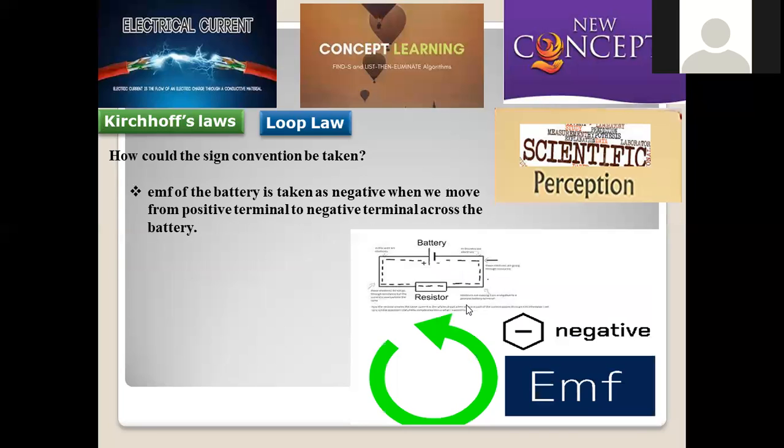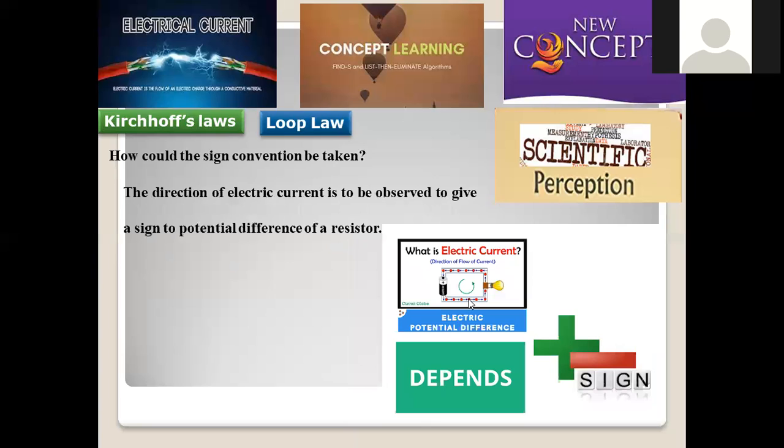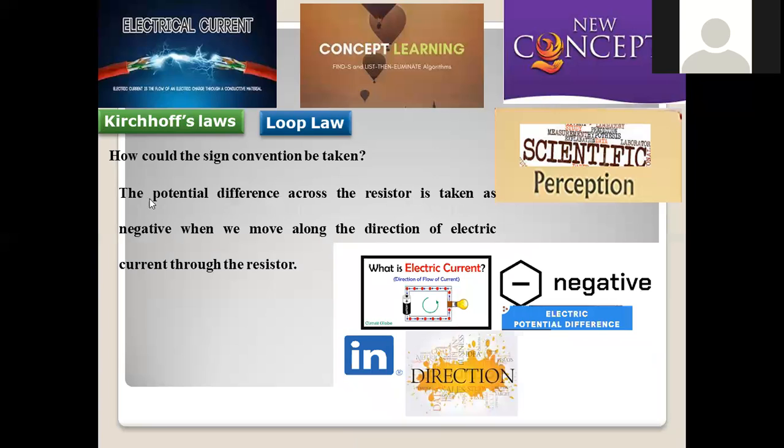So don't get confused about anything. The EMF of the battery is taken as negative when we are moving from the positive terminal to the negative terminal of the battery. So this is regarding the EMF, and this is the condition assigned for the battery. Now, the second condition is the direction of electrical current. If the electrical current is moving in a particular direction, for example counterclockwise, and we are also moving in the direction of the electrical current, we observe it to give the sign of the potential difference. So in the same direction, if we are moving, what happens? That potential difference